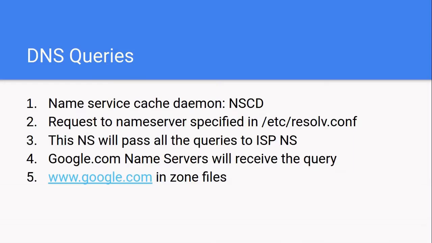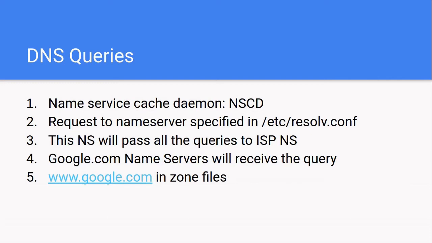Moving to the DNS part, when you type google.com in your browser and hit enter, first it will look into a cache service in your computer. In our case, we have assumed that we are using a Linux computer, and for Linux computers the cache service is name service cache daemon, or NSCD. Now if it finds the entry for the domain in this caching daemon, it will get the IP of the domain name.